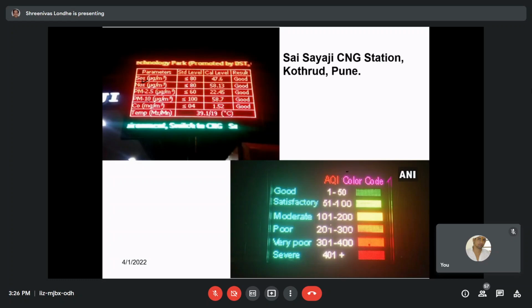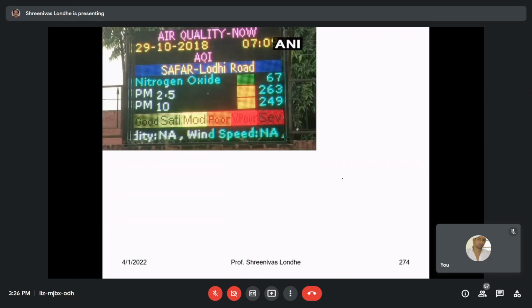So this is one of the display charts from Delhi itself. This is air quality now, meaning at this present moment. This present moment here was in 2018, that is 29/10/2018. Now it gave me the